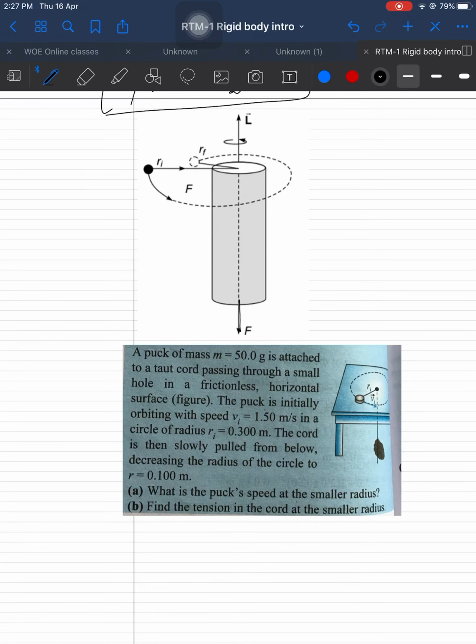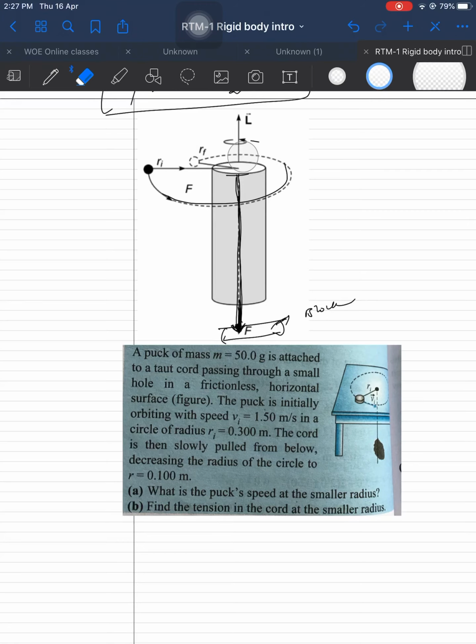The other model is where the net force is acting in the downward direction, and this is the rope. Listen carefully, this is a force downward. Did you see in some places they rotate the ball, and from the bottom they fix it to some block? Say this is the block, and this body starts doing circular motion. Now what I am doing is pulling this rope downwards.